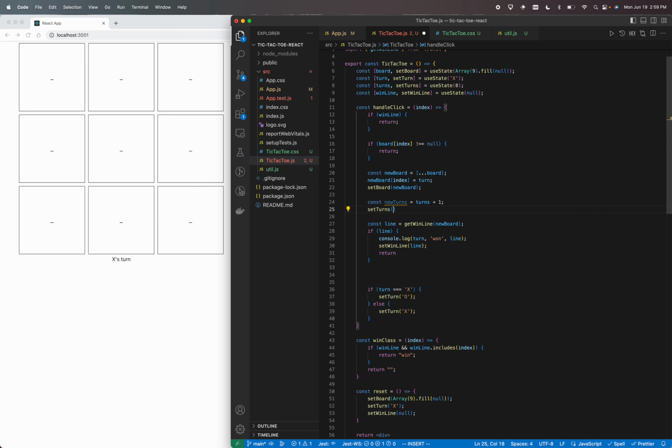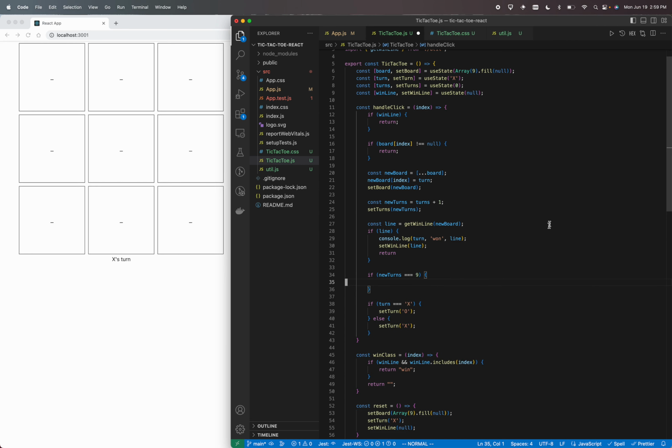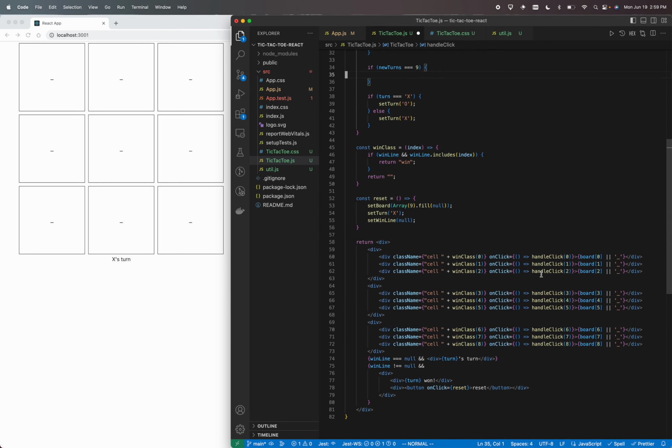We can say set turns is the new turns. And this is if there's a line, we'll catch someone winning. But if there's not a line, and if new turns is equal to 9, then what we can do is,